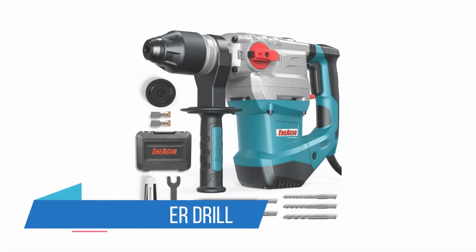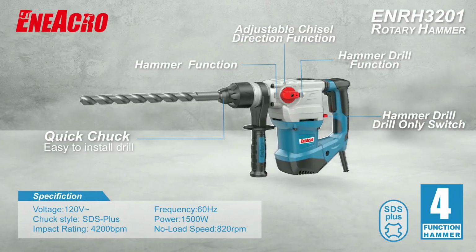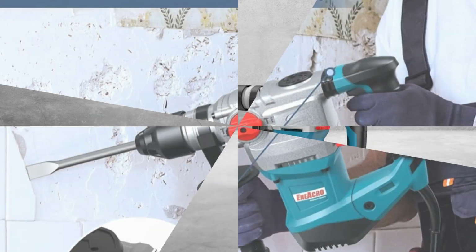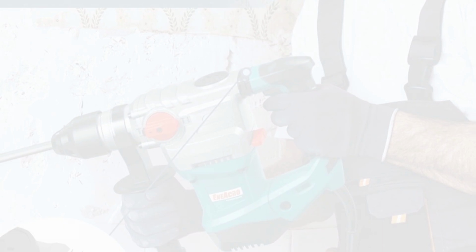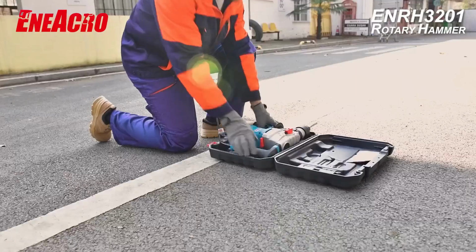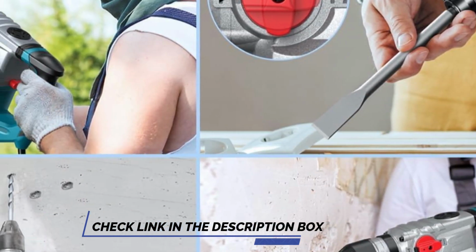If you're searching for a powerful and reliable rotary hammer drill for heavy-duty tasks, the Eniacro 1¼ SDS Plus rotary hammer drill is a solid contender. Equipped with a robust 13-amp motor, this tool is built to handle demanding applications like concrete drilling, chipping, and masonry work with ease. It features 4 versatile functions: drill, hammer, hammer drill, and chisel, which make it perfect for both